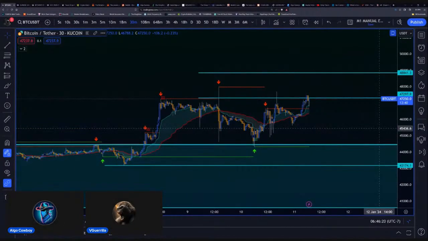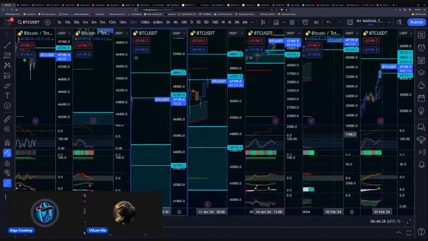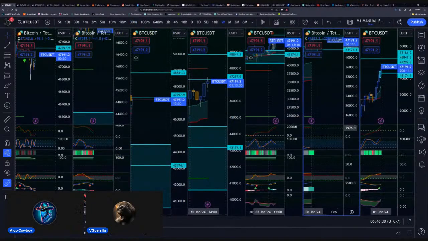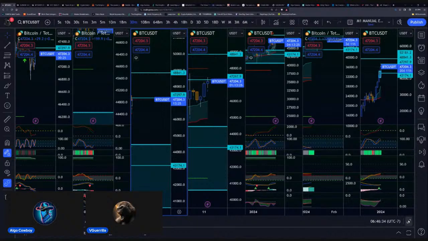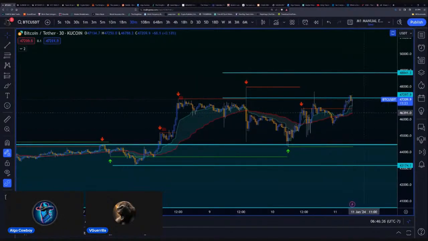Now I can tell you the last I looked at the higher time frames, and I'm going to put a bunch of crazy stuff on the chart right now. Don't get scared. A lot of this is on here for testing. I'm not even using it, so it's not like my algorithm is that complex. But I can tell you the high time frame is bullish.